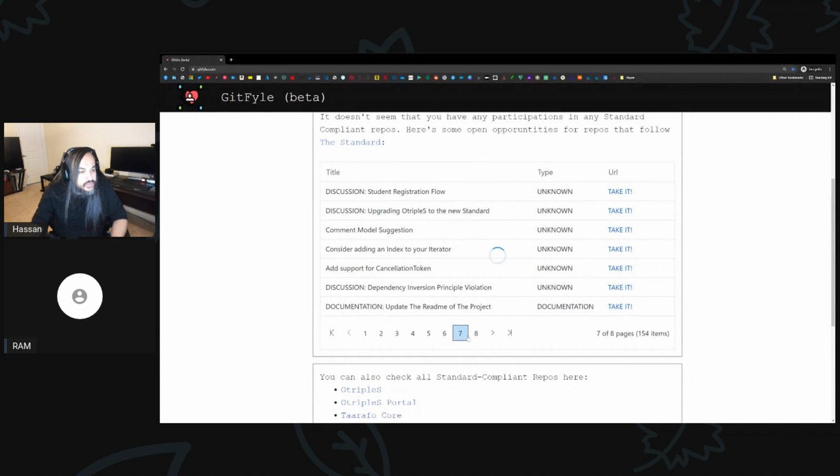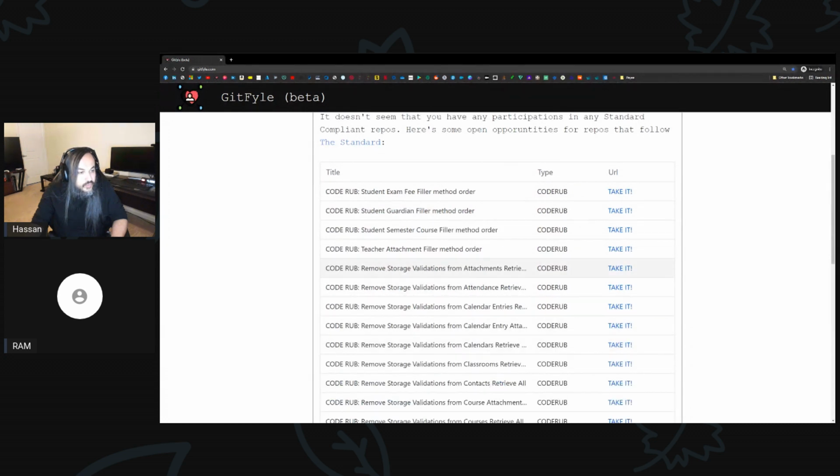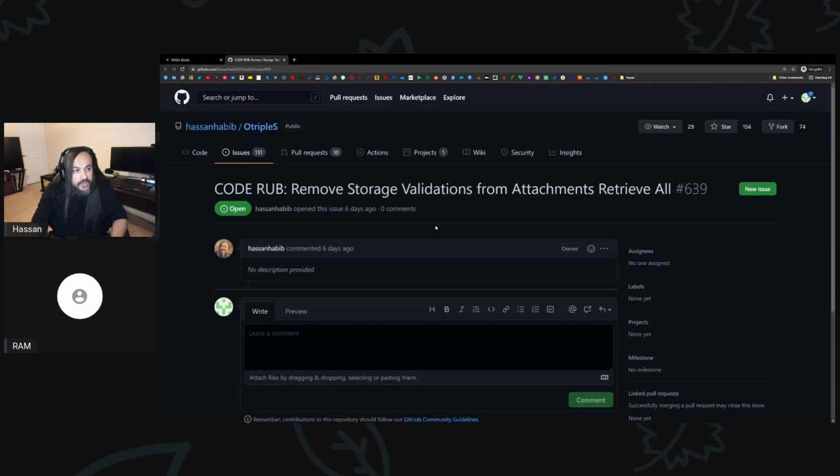There's many of these out there. Huge thanks to Shri and all the other contributors. There it is, remove storage validation. If I click on this one, you'll see here what the requirement is. Code drop: remove storage validations from